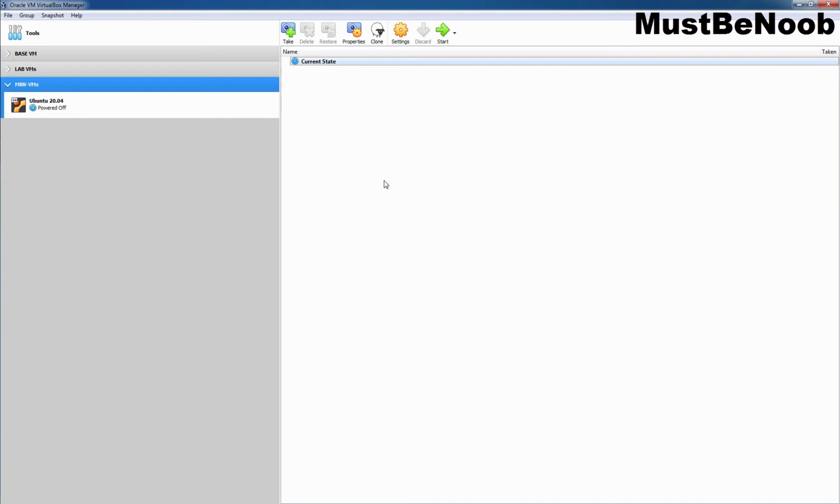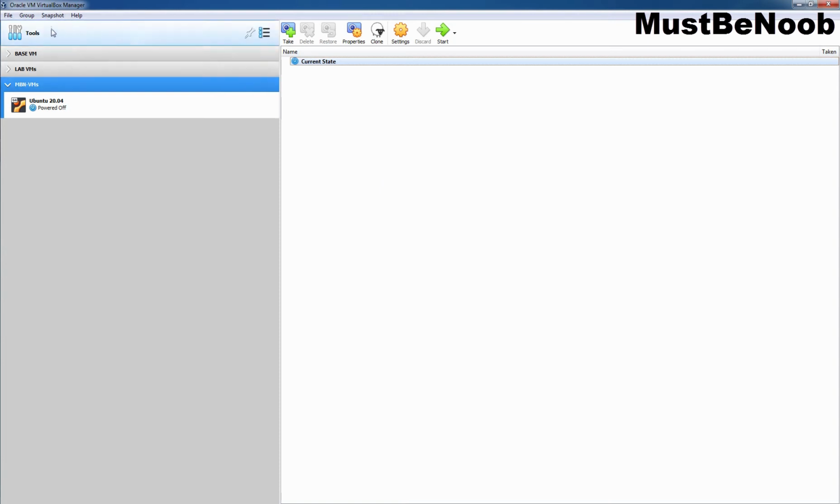This is a step-by-step video guide on how to install Windows 10 version 20H2 in Oracle VirtualBox. For this guide, I'm assuming that you have already downloaded the Windows 10 20H2 ISO image from the Microsoft website. In the first step, we need to create a new virtual machine for the installation.